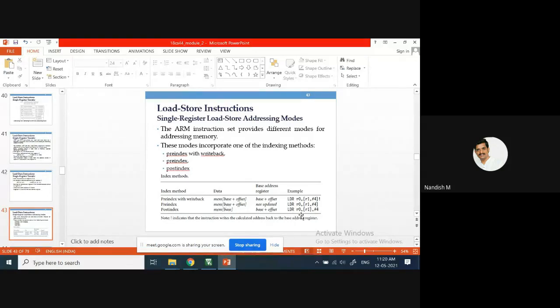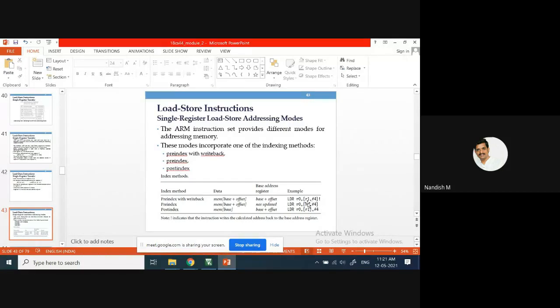The second part, LDR: you have written LDR R0, [R1, #4] with the offset within the brackets. If you write like this, R1, which contains the address, gets added with the offset.